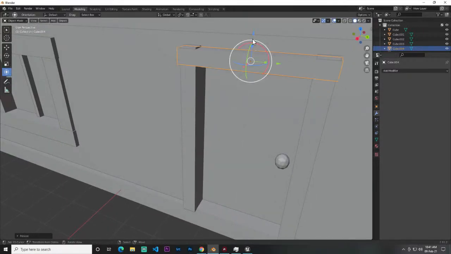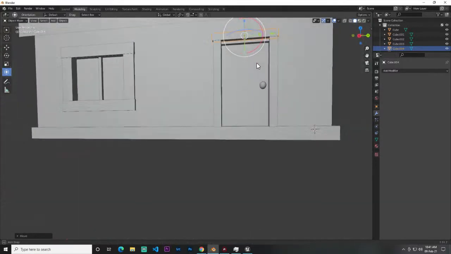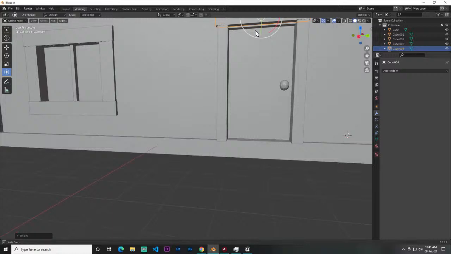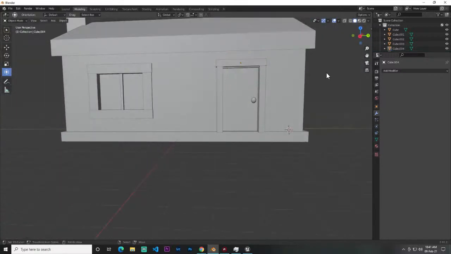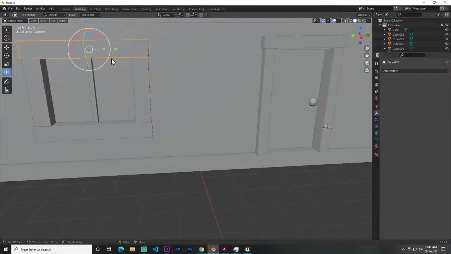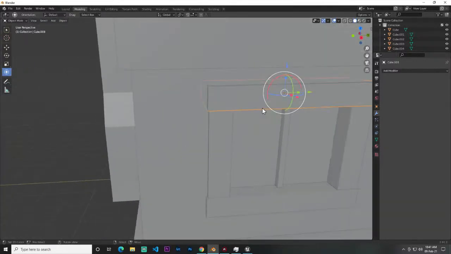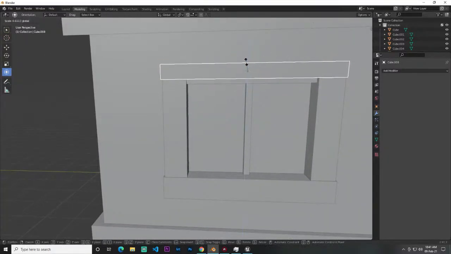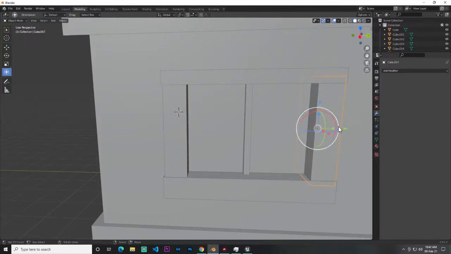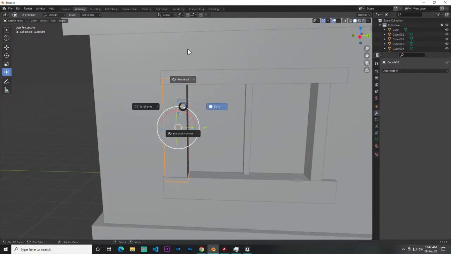Maybe it's become low. Also do the same thing for this side. Just simply X, come on,